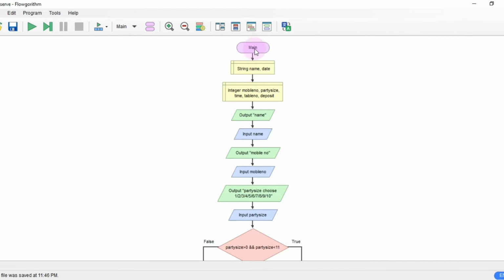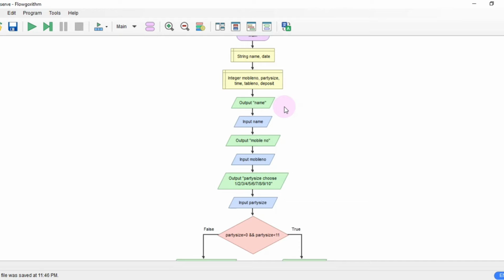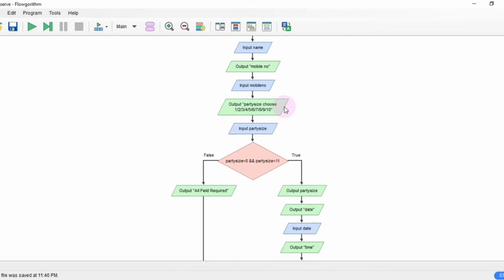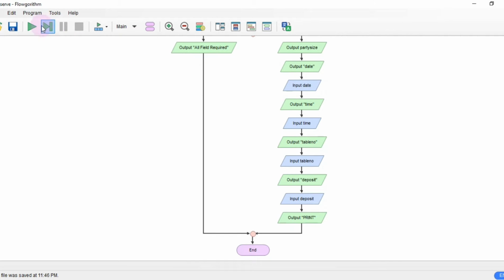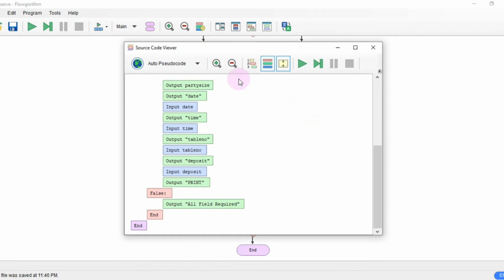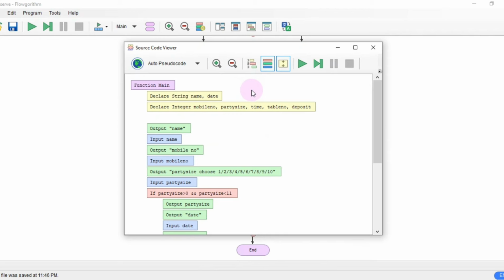This is the algorithm for the reserve page.